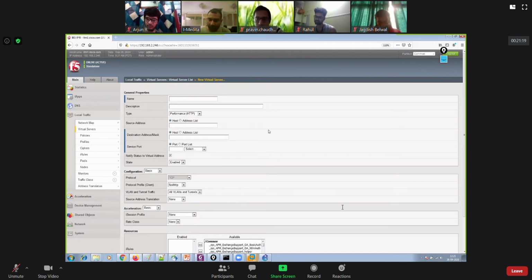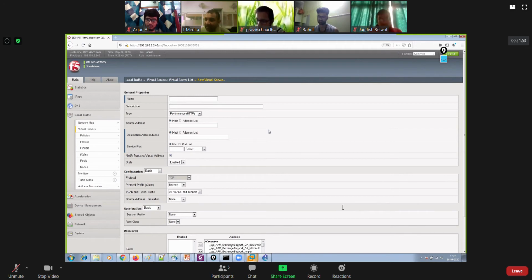So if you know that you are going to deploy some web services using the virtual server, go ahead and create a Performance HTTP type of virtual server. If you are creating a Performance HTTP type of virtual server, in that particular case, the performance of HTTP will definitely get uplifted.